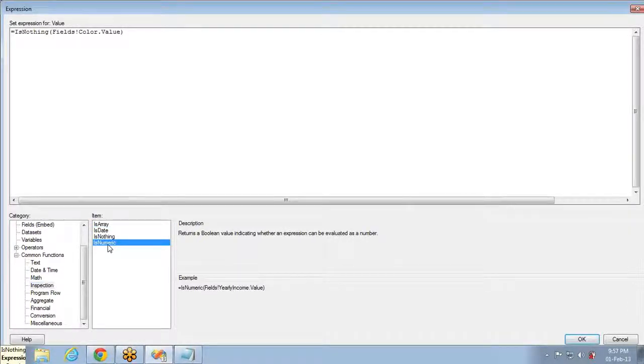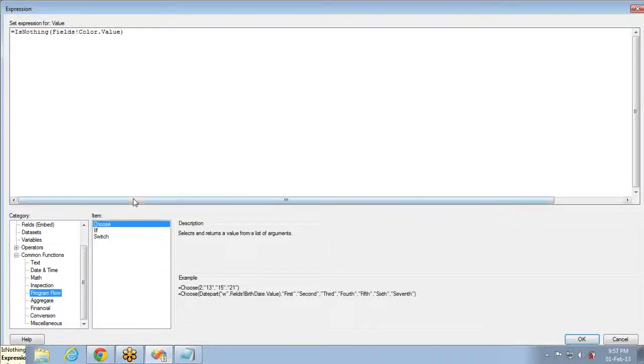You can check whether I am getting a numeric value or not. If numeric, then you can use divided by or whatever you want. If it is non-numeric, then you can use it as a string or convert it into integer and then use it in calculations. So these are inspection functions, like checking whether it is an array, or whether a date value is present in the particular column or not. You can use the is date function.